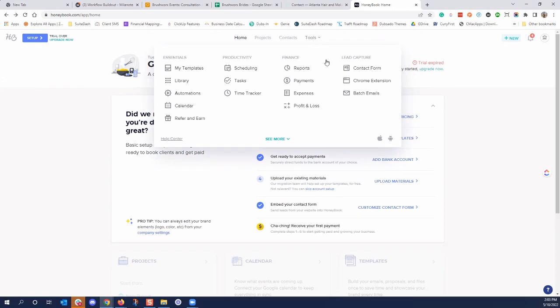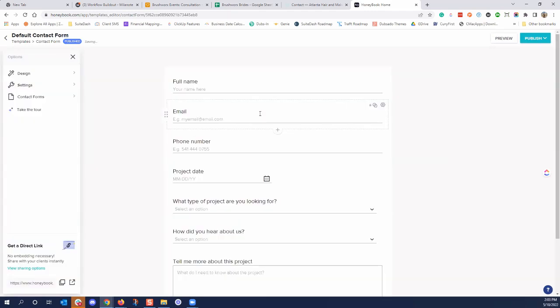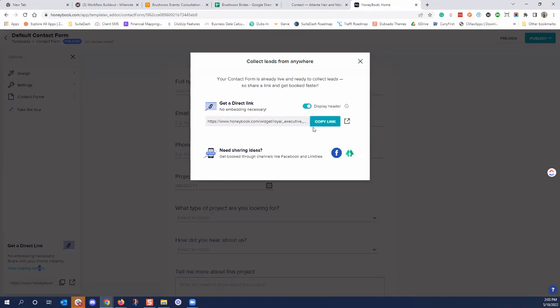No, I got you. I'm under tools. Okay. You see lead capture at the far right. It's the 4th column. Contact form. Okay. Click that. Yep. All right, cool. I'm here. Now, this contact form is cool because you can add it on your website. It's embeddable, so you can see at the bottom here, you can copy the link, or you can use sharing options and grab this code. And it's very direct, so you don't actually need a code. You just put it in there as a link and it'll show up. I promise you, I've done it.